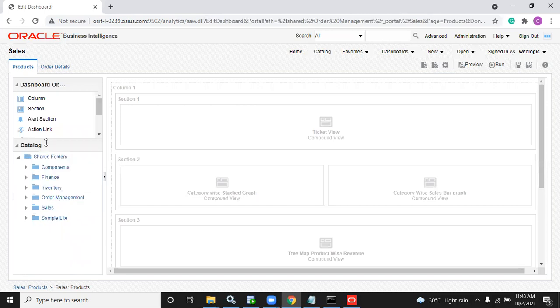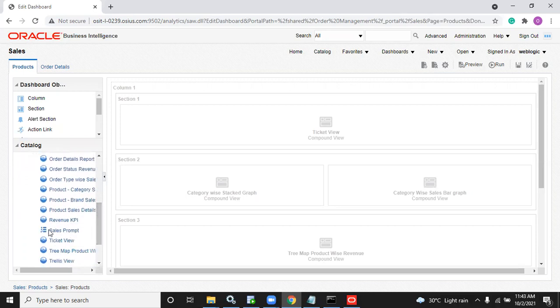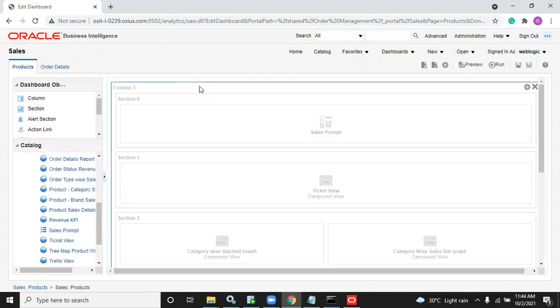The report prompt, by default you develop inside the report, so that is part of the report. But this we did not develop inside the dashboard, right? That's the reason it will always be independent. You have to drag it; it's an object. For prompts we always maintain the word prompt, and this is the icon for prompt. This is the icon for report, which helps us identify them. Now you can pull this to the top.